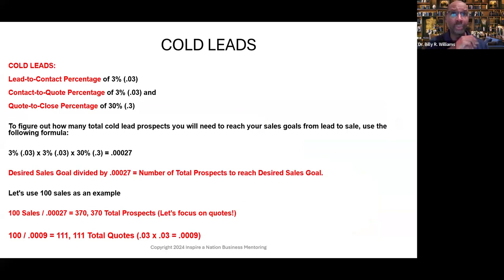Let's look at cold leads first. Again, they have a lead to contact of 3%, a contact to quote of 3%, and a quote to close of 30%. So to figure out how many total cold prospects you'll need to reach your sales goals, going all the way from lead to actual close, we just apply the math. 3% times 3% times 30% gives us